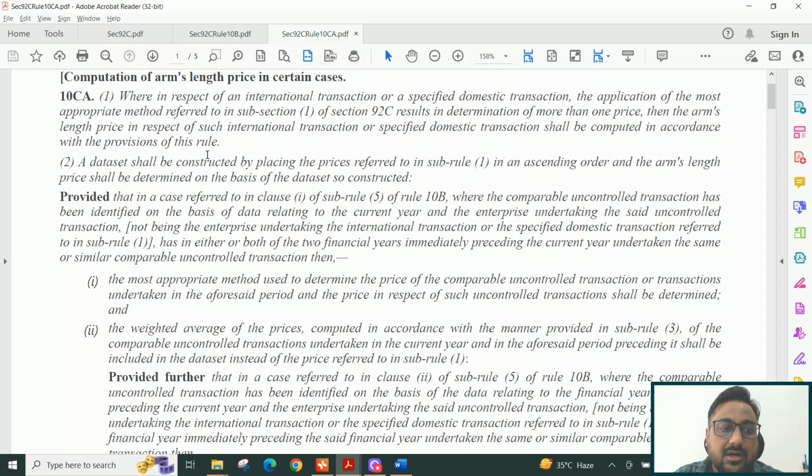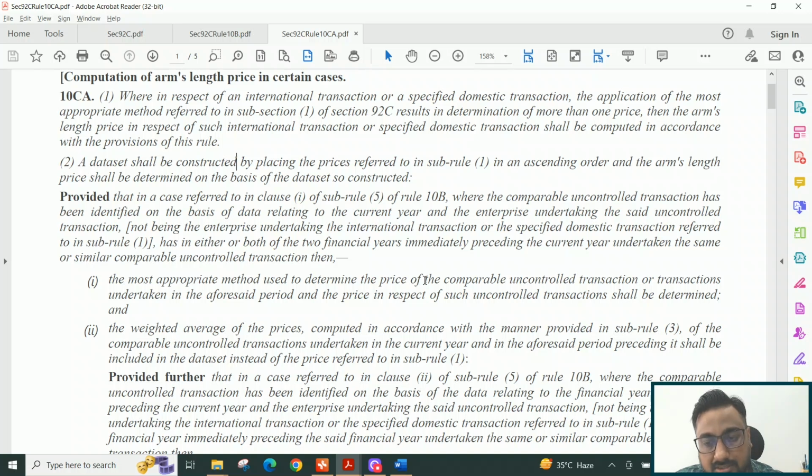Sub-rule 2 says that a data set shall be constructed by placing the prices referred to in sub-rule 1 in ascending order, and the arm's length price shall be determined on the basis of the data set so constructed, provided that in a case referred to in clause 1 of sub-rule 5 of Rule 10B, where the comparable uncontrolled transaction has been identified on the basis of data relating to the current year, and the enterprise undertaking the said uncontrolled transaction, that is not the enterprise undertaking the international transaction or the specified domestic transaction referred to in that sub-rule, has in either or both of the two financial years immediately preceding the current year undertaken the same or similar comparable uncontrolled transaction, then the most appropriate method